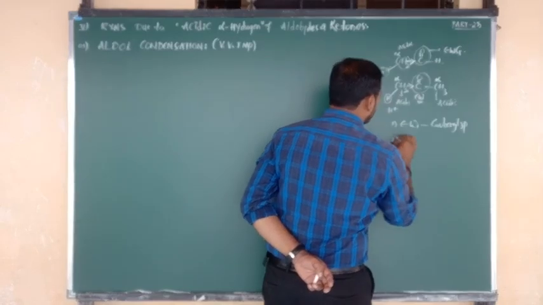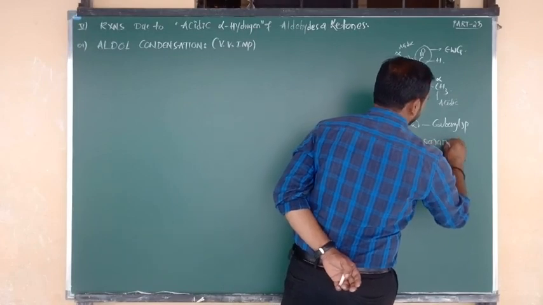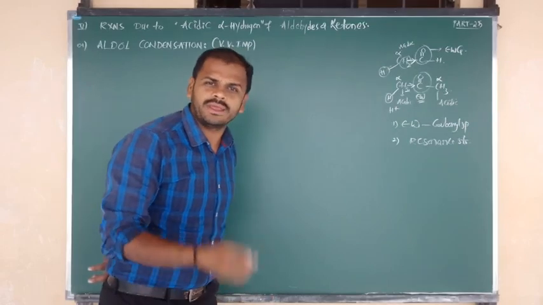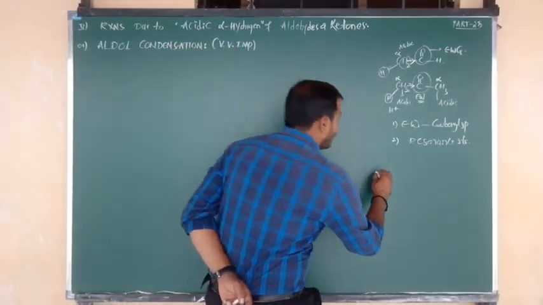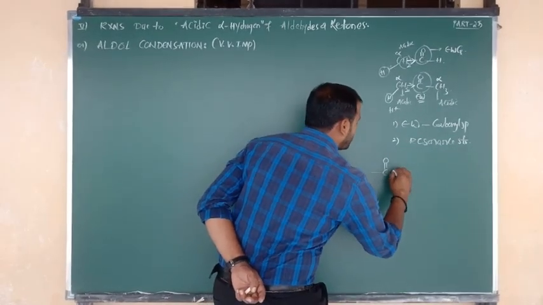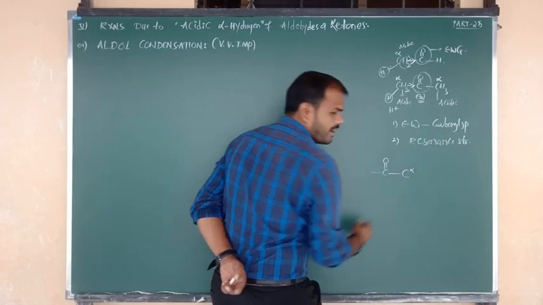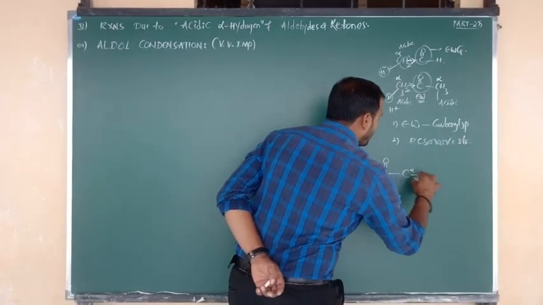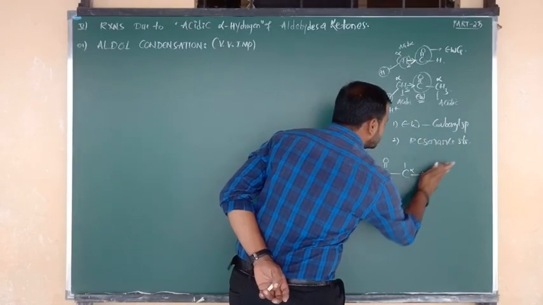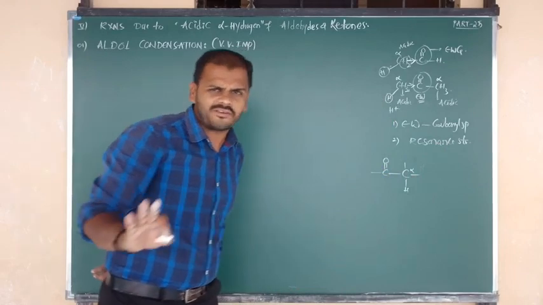And reason number 2 is resonance structures. Sir, what are the resonance structures? How can you show that? Yes, I am going to show you now. First, suppose I write one carbonyl functional group, C double bond O, connected to the alpha carbon, and suppose the alpha carbon contains 3 hydrogen atoms, or simply you can consider at least 1 hydrogen atom. At least 1 hydrogen atom is enough.